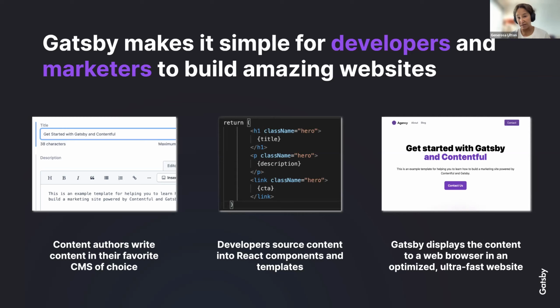But with the way that Gatsby works, where you decouple the CMS and the code, we each have our own workspace, our swim lanes, to do our job without needing one or the other to get things done. So I like that about it.